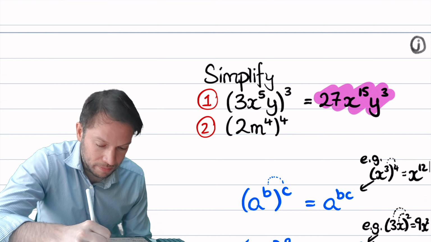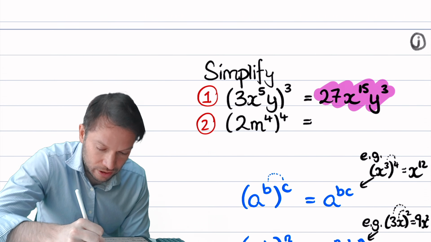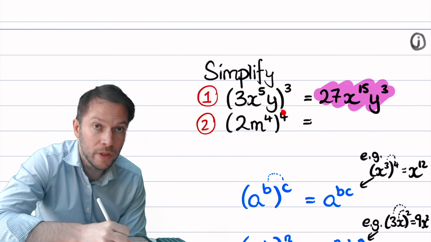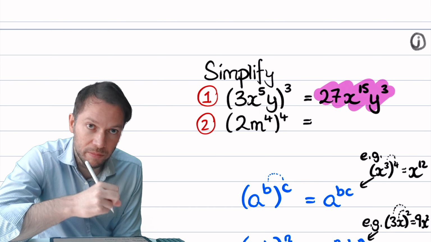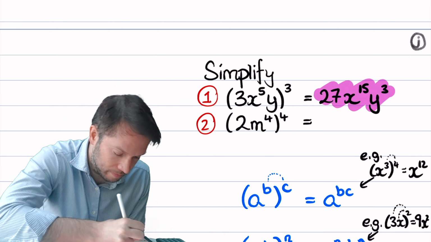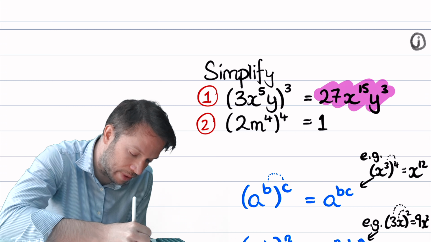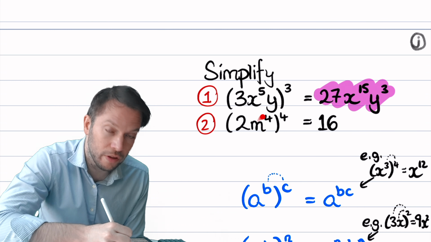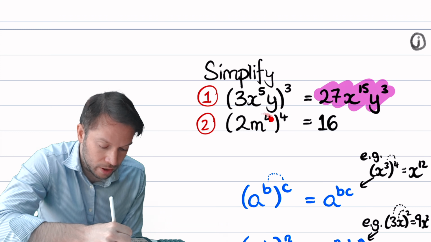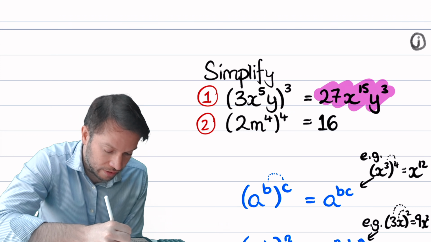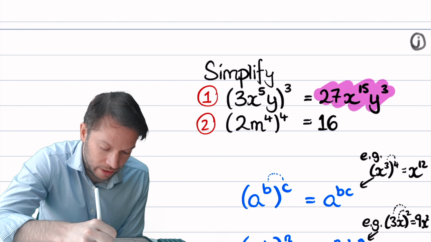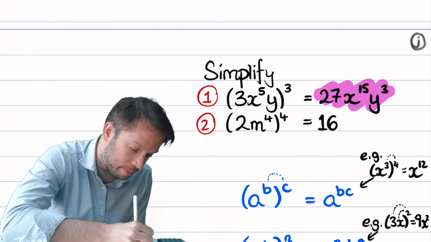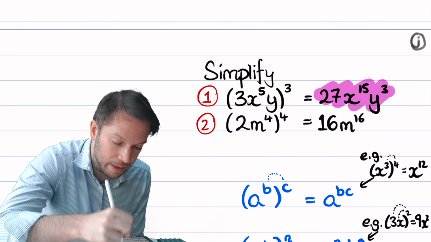What about the second one? So we're going to do the 2 to the power of 4. 2 to the power of 4 is 2 times 2 times 2 times 2, which is 16. It's useful to know powers like that off by heart. And then m to the 4 to the 4, you're raising a power to a power. You multiply the indices. 4 times 4 is 16. So I'm going to get m to the power of 16. And again, we are